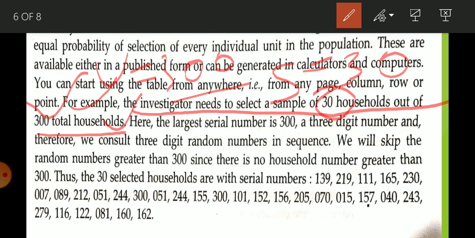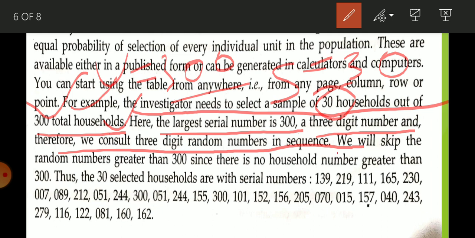How is he going to select 30 from 300? The largest serial number is 300, a 3-digit number, and therefore we consult the 3-digit number sequence. Tippett has given 10,400 figures in his table, so we consult the page where the 3-digit numbers are.